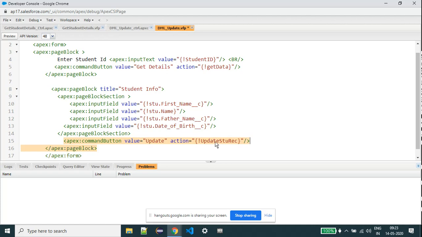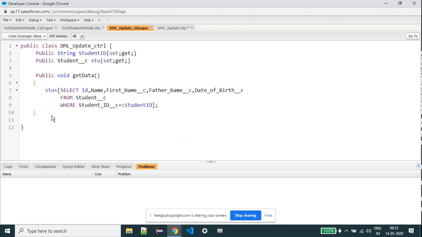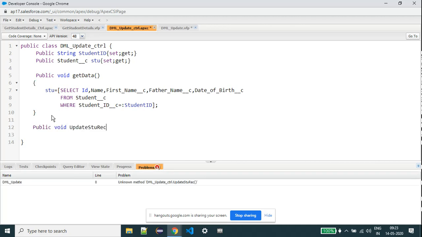So now, here public void. So here we have the update stu. Just we can give the update stu.